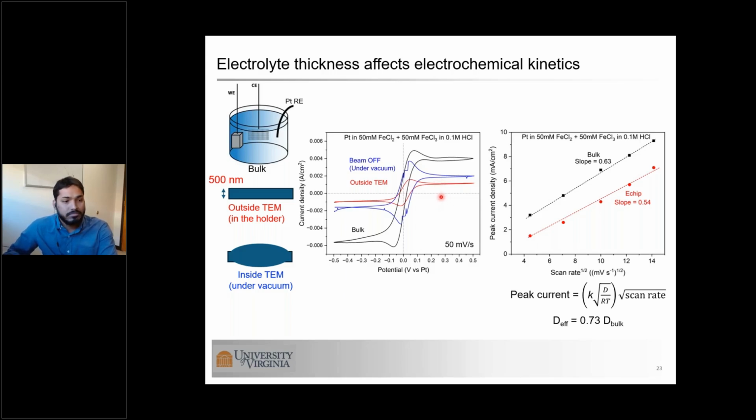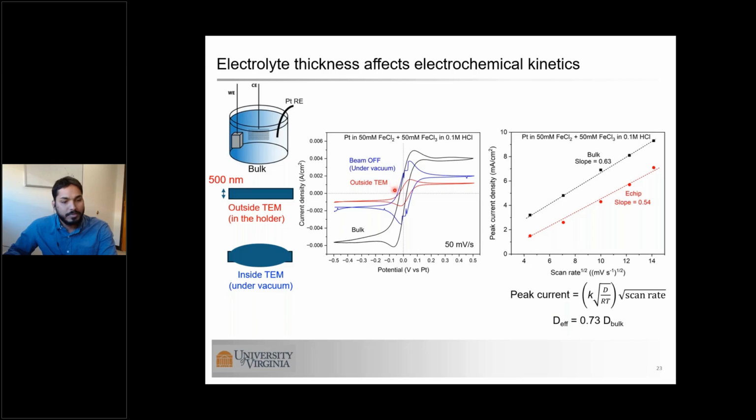So we performed cyclic voltammetry at different scan rates in bulk as well as in liquid cell setup, and the relationship between peak current density and scan rate can give us the effective diffusivity. And it turns out